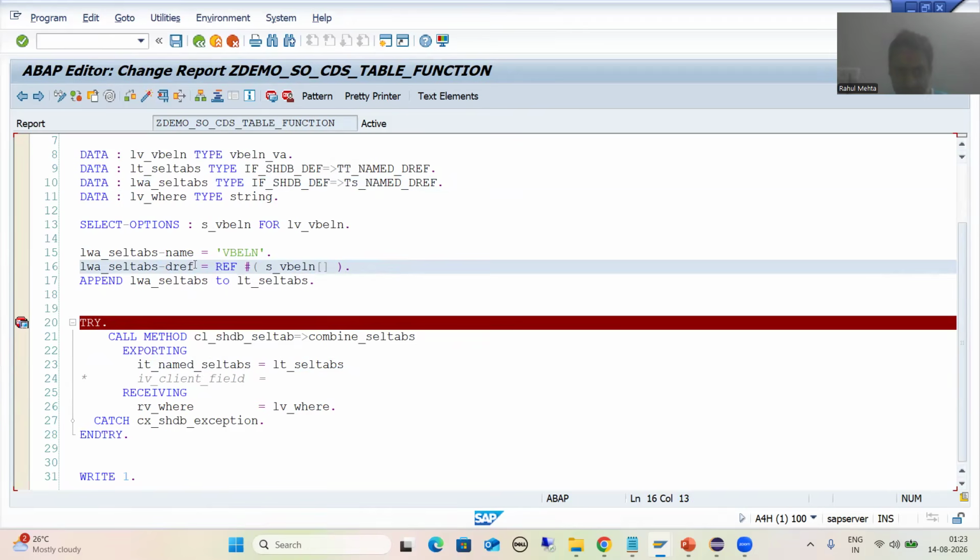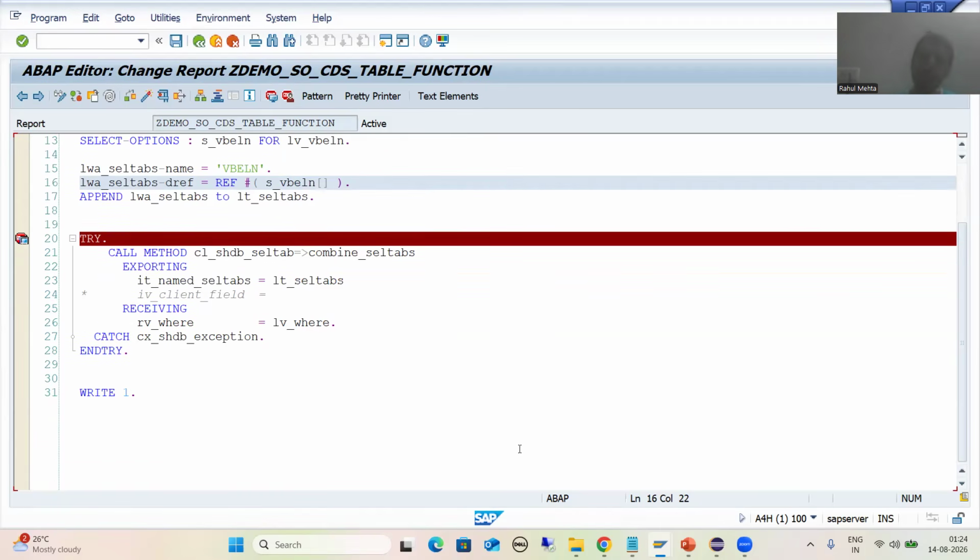But when we checked, we are getting a error, yes, because this is your data reference, this is your data object, yes. So we need to also go for data reference of this. So we have a ref operator which will simply go for data reference of the existing data object. We use this ref operator, and after that I showed you in the debugging mode as how we are getting